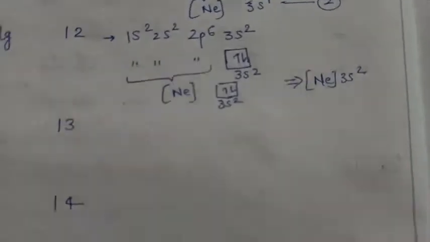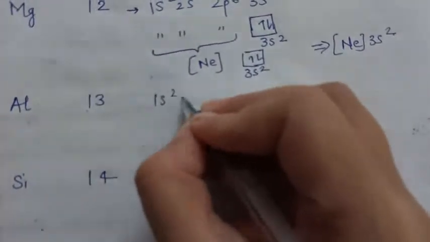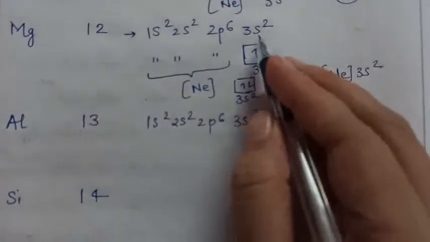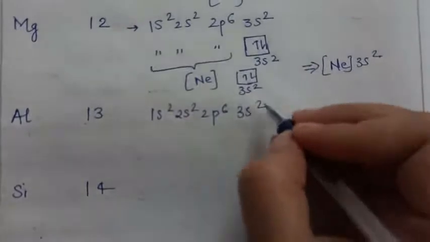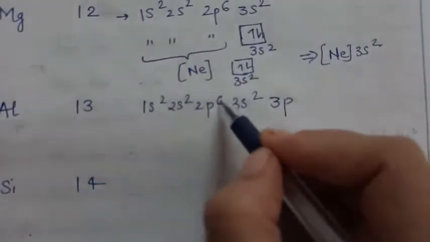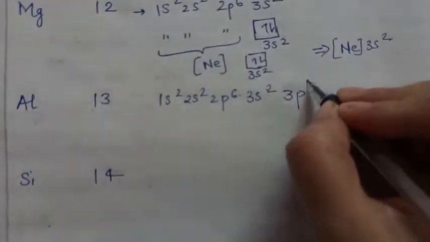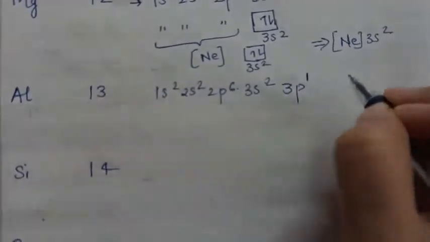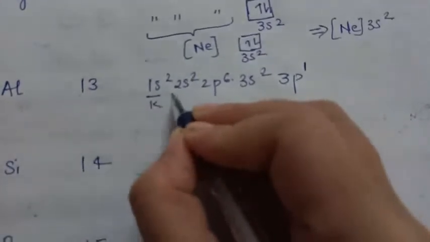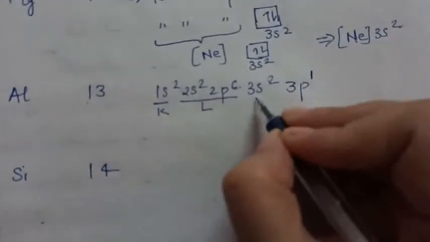Fine. Now for aluminium the configuration is 1s2, 2s2, 2p6. Now 3s is also filled because s cannot hold more than 2 electrons. तो 3s के बाद कहाँ जाते हैं इलेक्ट्रॉन? 3p में. Now if you see यहाँ तक 10 हो गए थे, then 12, the 13th electron of aluminium, that is the last electron, will go in 3p. तो अब हम क्या करेंगे, ये हमारा K शेल करस्पॉन्ड करता है, इतना पार्ट L शेल करस्पॉन्ड करता है, तो यहाँ 2 शेल्स फिल हो गई, यहाँ से थर्ड शेल चालू हो रही है.